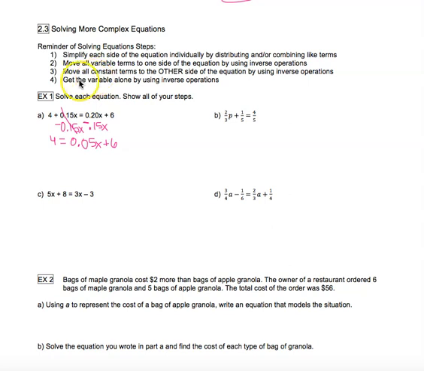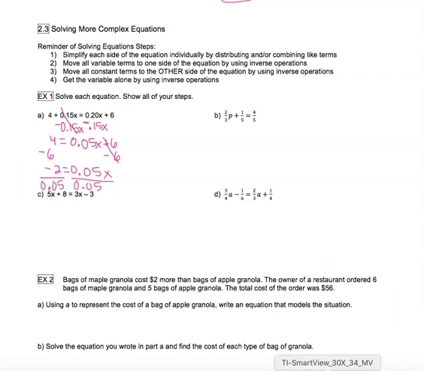If my variables are on the right, my constant terms have to go to the other side. So that means my constants need to go to the left. So I'm going to move this constant that's on the right using its opposite or inverse operation. So it was addition, I do subtraction. 4 minus 6 gives me negative 2 equals 0.05x. Last step is to get the variable alone. Even though this is a decimal, the operation between this decimal and this variable is multiplication, which means that the inverse operation is division. So I need to divide both sides by